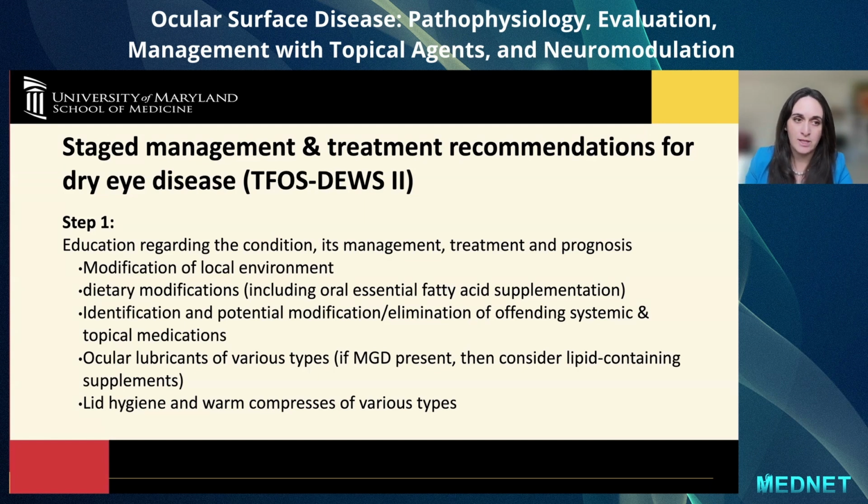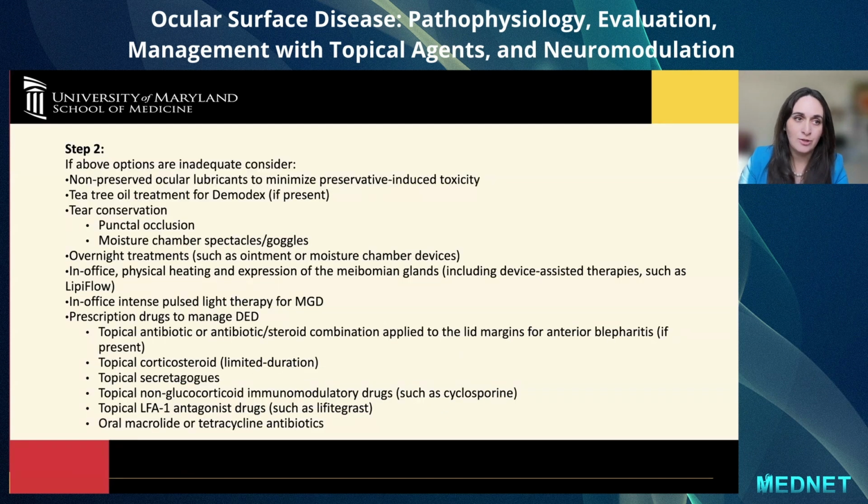Their recommendation includes, step 1, educating the patient on the condition, thinking about the management, treatment, and prognosis. So you want to modify the local environment, think about the diet, think about any options that you have to modify the systemic and topical medications that could be causing the symptoms. And then you want to look at lubrication of the ocular surface, treating the meibomian gland disease with lid hygiene and warm compresses. If that's not adequate to treat, then you want to think about adding preservative-free artificial tears,